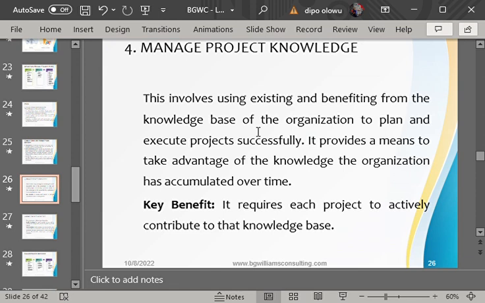So when we talk about project knowledge, we can look at it from two perspectives. Number one, the organization has knowledge maybe from previous projects that they have done. The project manager takes advantage of that existing knowledge and benefits from it in order to plan for a current project.